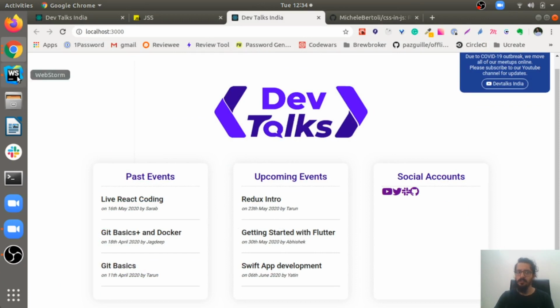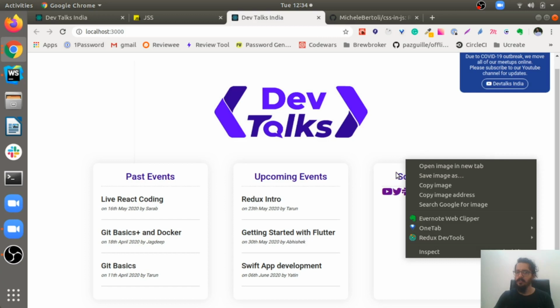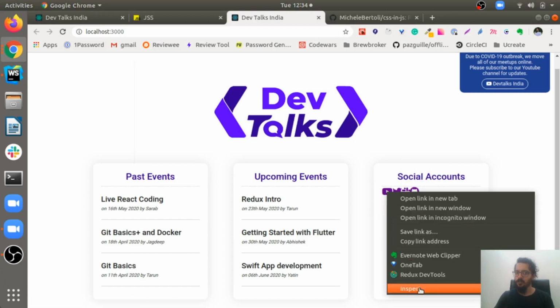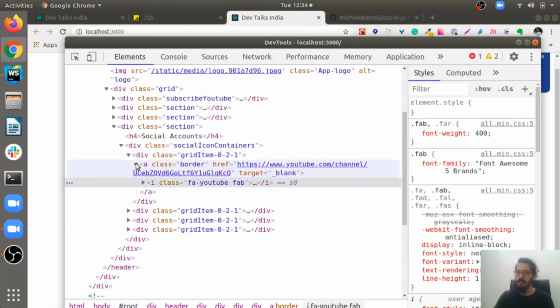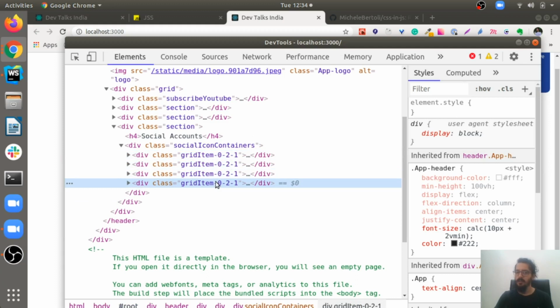Now that we changed it from CSS to React-JSS, you can see the class name has changed. The design got broken because we removed the class. Now they got a new class name, which is gridItem-0-2-1. These class names are randomly generated strings from this CSS solution so that they will not overlap with another component. So if I reuse this name somewhere else, it will always have a different name.